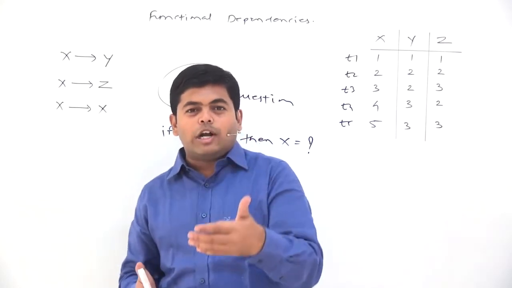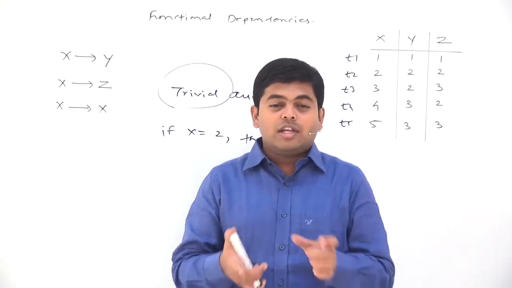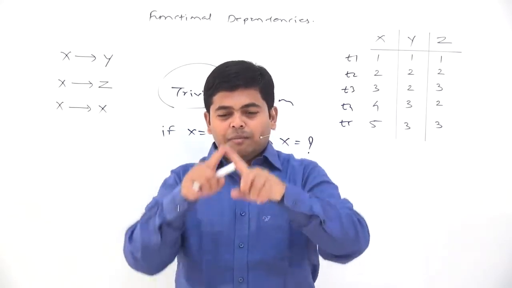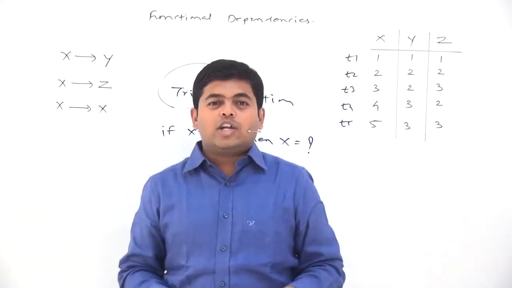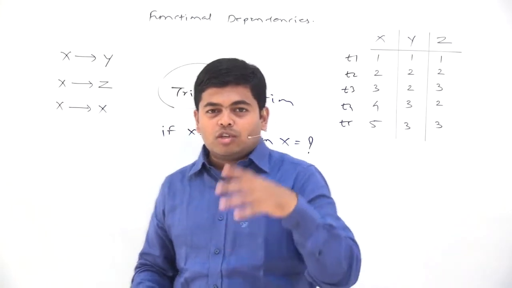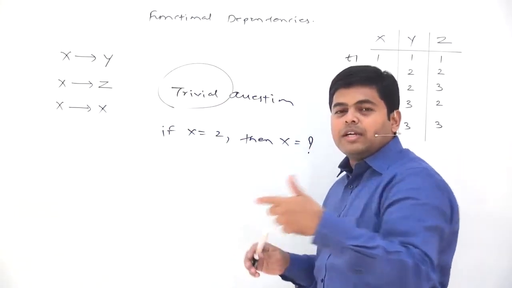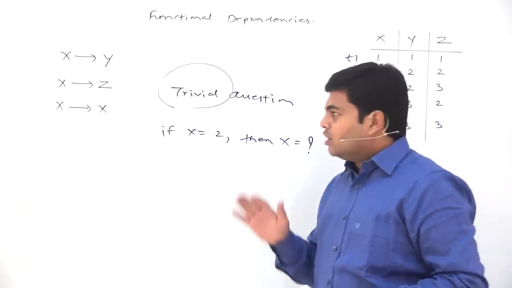But if I ask you what is the middle name of Ashish Mithole, then you cannot determine the middle name of Ashish Mithole from Ashish and Mithole. Middle name is absent in Ashish Mithole. That's why it is a non-trivial question. So whenever the answer to the question is present in the question, that particular question will be called a trivial question.